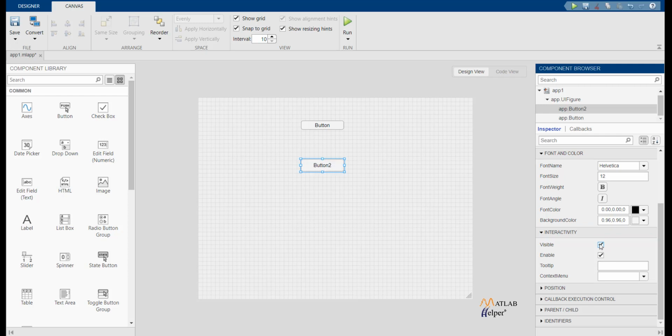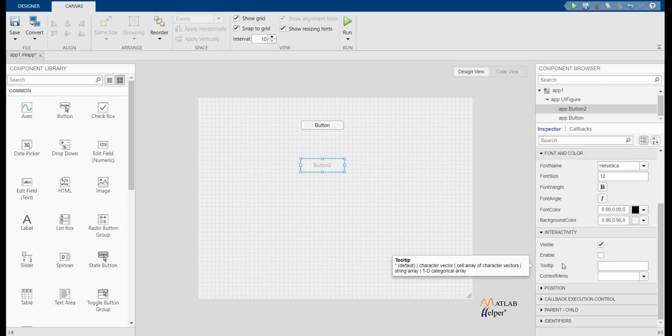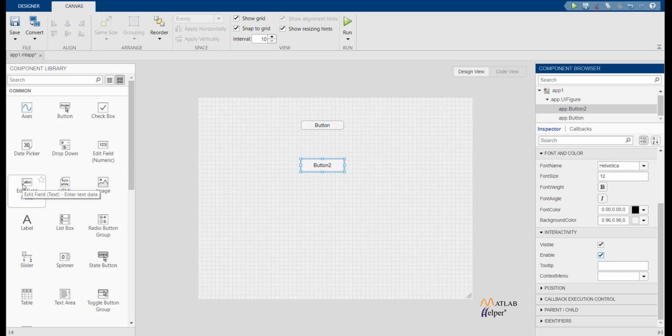So enable means the user actually cannot click this. So if it's disabled, the user cannot interact with it. This comes in handy when you are displaying something on edit text and you don't want the user to type in, but whatever you want to be displaying is displayed over here. In that case, the enable part comes in handy, and so on.